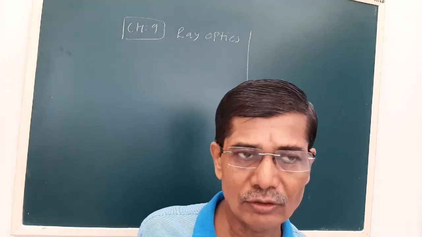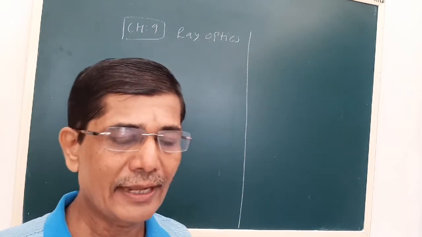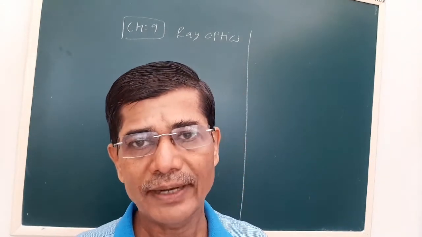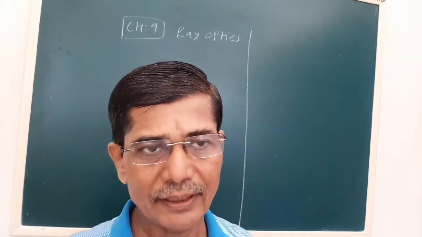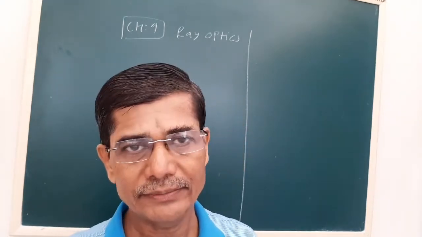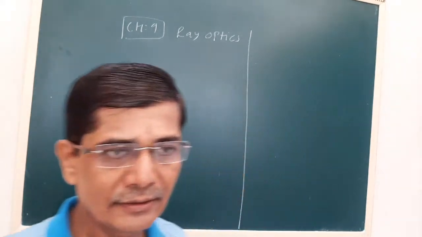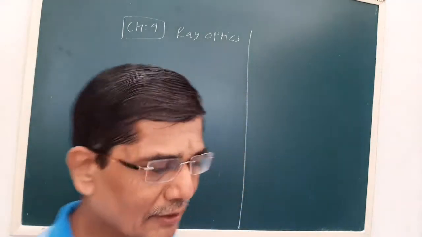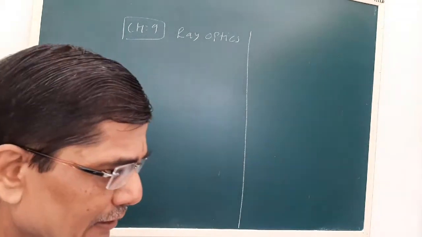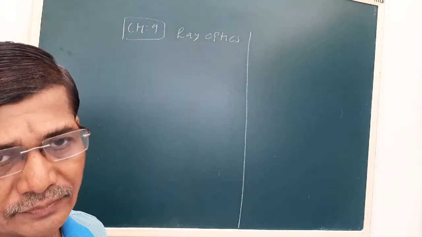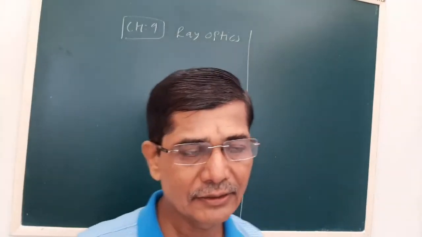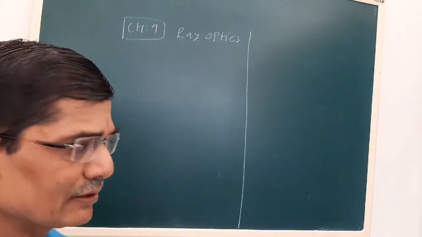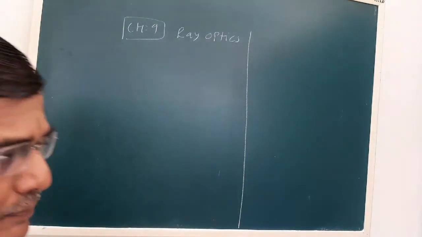Now, as I told you, once you know how to draw a ray diagram, it will be very easy for you to predict the answer in an MCQ or numerical. It depends on the position of the object, at which position the image will be formed. We have talked about two types of mirror, a concave mirror and a convex mirror. As I told earlier, a convex mirror is a diverging mirror, and a concave mirror is a converging mirror. We became familiar with the terms associated with the mirror.